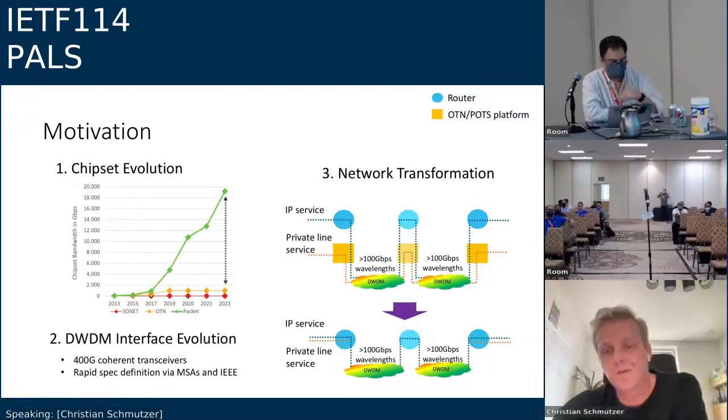Or can they actually get rid of it and really let everything be packet switched or routed? And when we do that, of course, that begs the question as a follow-up: what do we do with our TDM switched services, also known as private lines? If we go to the next slide.